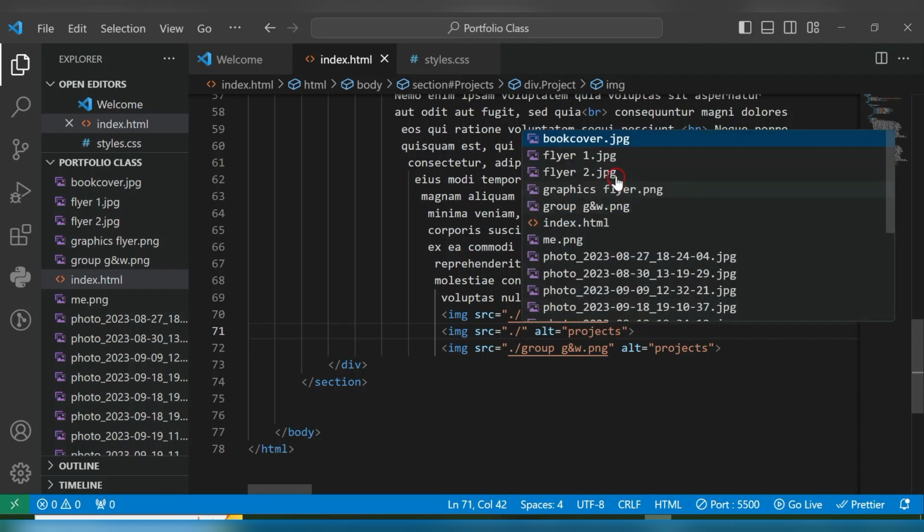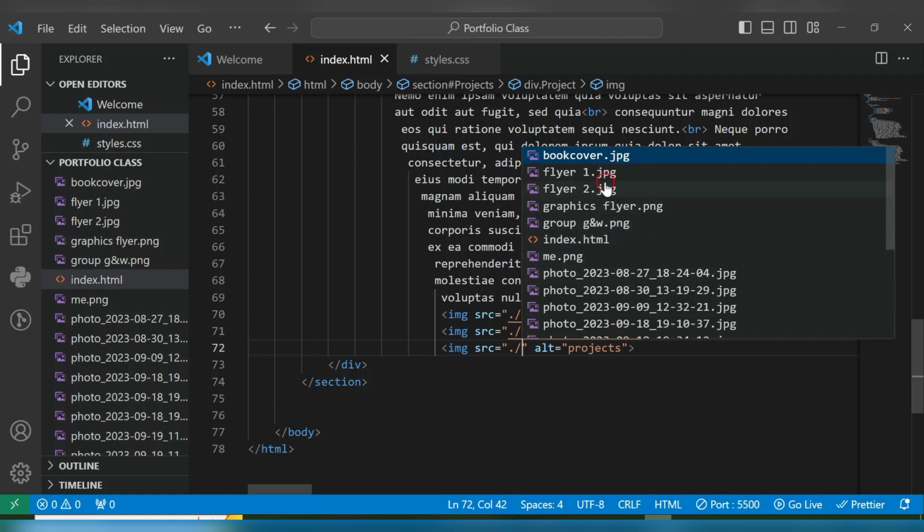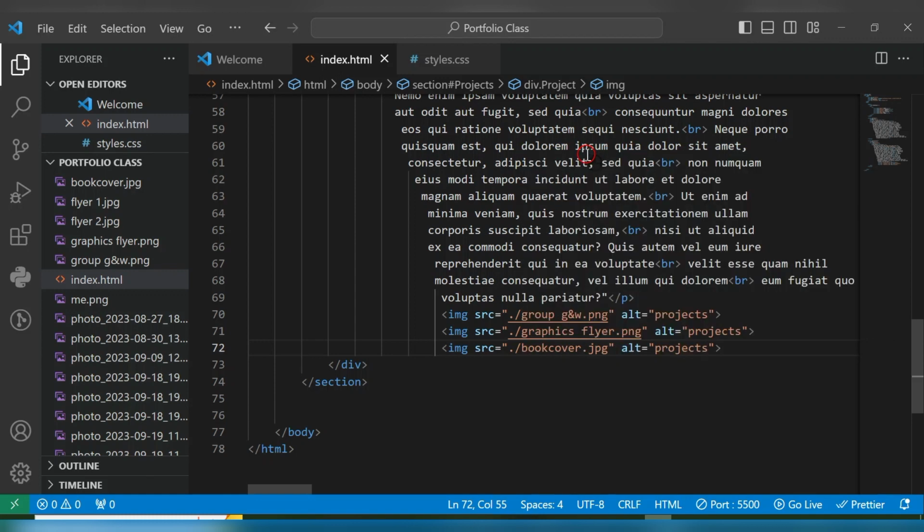So let me pick flyer 1, flyer 2. Flyer. Okay, it's just a sample. So let me pick any picture, shall we? Book cover, okay. Yeah. So these are the 3 projects, for instance, and a sample of what I've done under